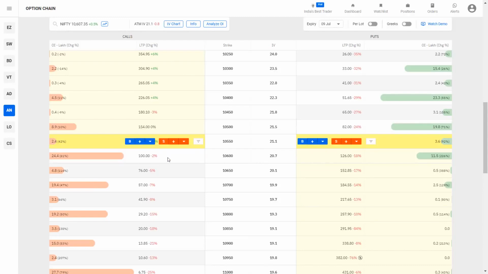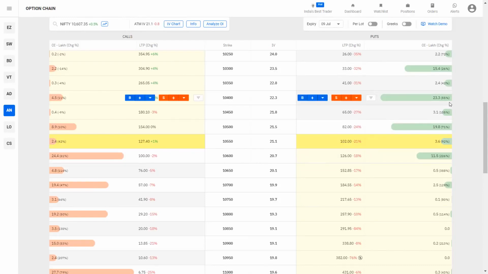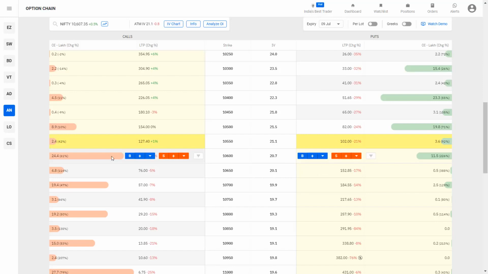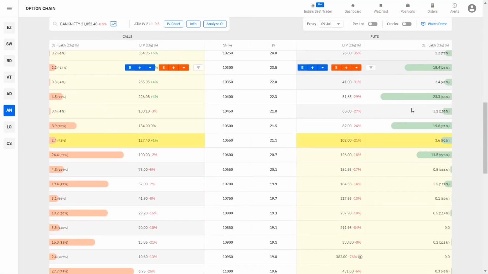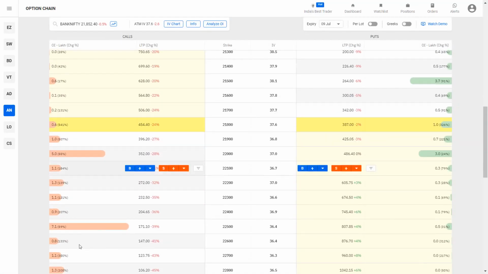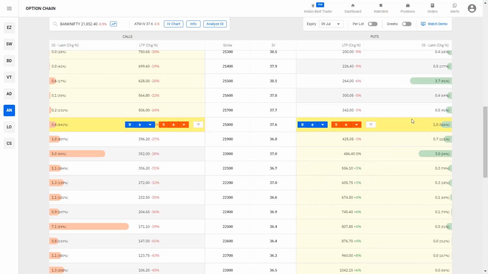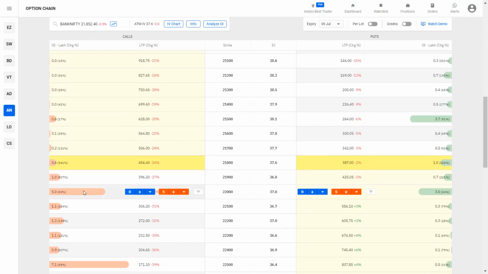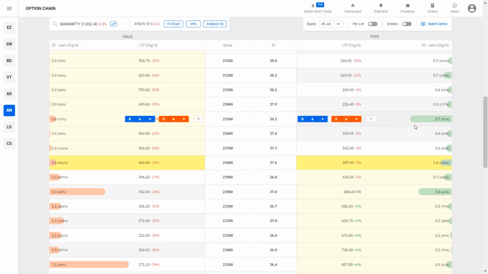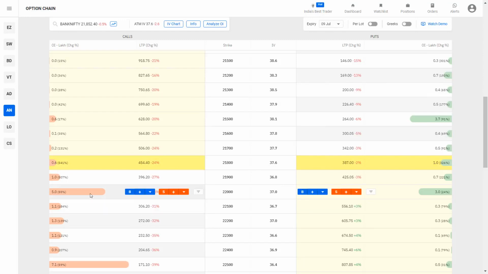So let's just quickly recap. What do you know so far? A put option OI is a support, call option OI is a resistance, and again this works well for Nifty and even for Bank Nifty. So you can easily switch from Nifty to Bank Nifty, and you can see this, right? Bank Nifty also has contracts getting formed. It's not as big as Nifty, because in Nifty we were seeing 24 lakh contracts. This has relatively less open interest and it's not as reliable, right? So a 20 lakh contract outstanding on Nifty versus, let's say, a 5 lakh contract outstanding on Bank Nifty, this is not a significant number.